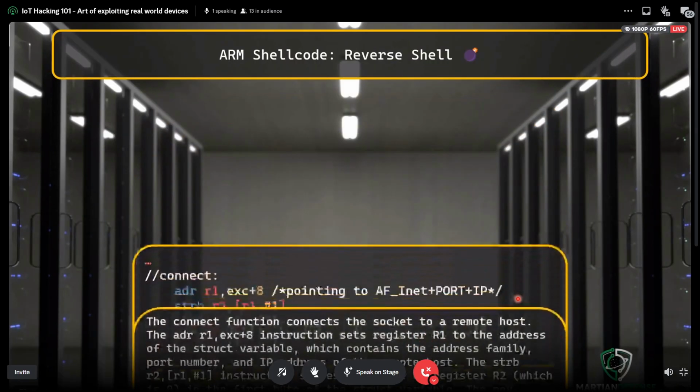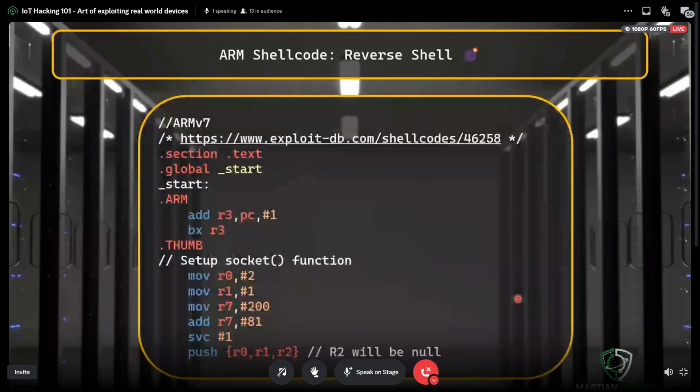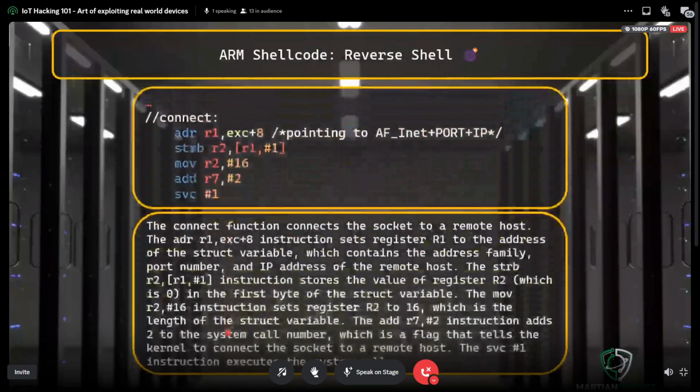So we come back to your socket. That's what I'm doing. I'm setting up the first general purpose registers. Then I did move R7, 281. I'm pushing 281, which is the socket syscall number, and then calling it and opening the socket, and then pushing the rest of the stuff to the stack. The rest of the stuff is for connect. I'm trying to set up the connect over here.